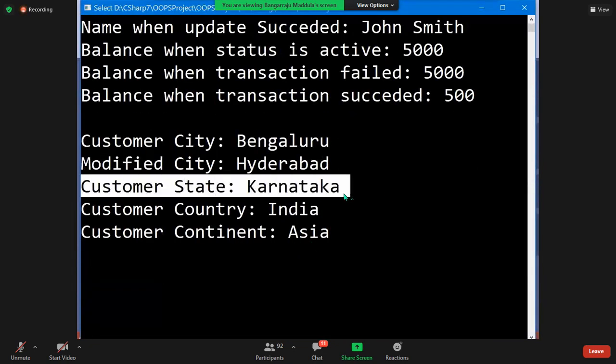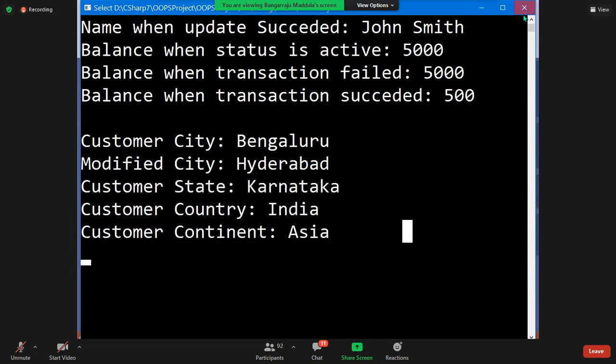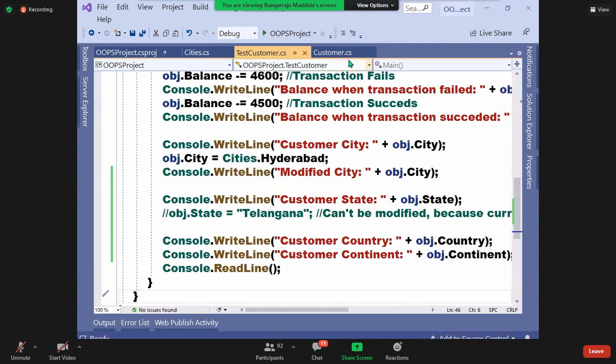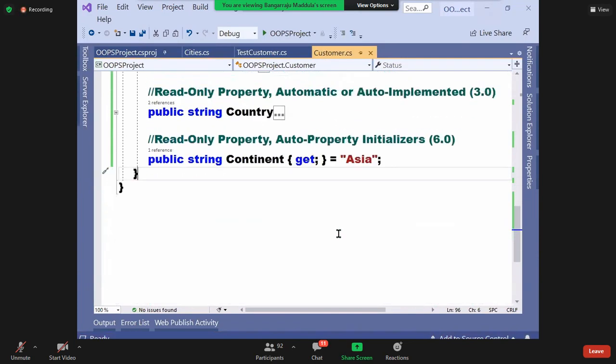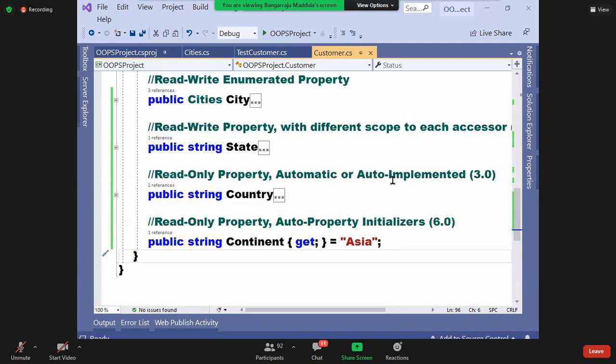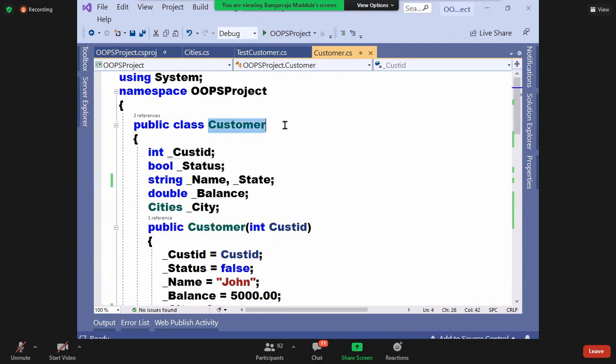Okay. State, country, continent, all the values. So this is how you write the properties here. I showed you 8 properties in total, written in different styles, and showed you the different features that have been added. So from now onwards, remember: whenever you're defining a class, and if your class is associated with any values, expose them by defining properties. That's the thumb rule all of you should remember.